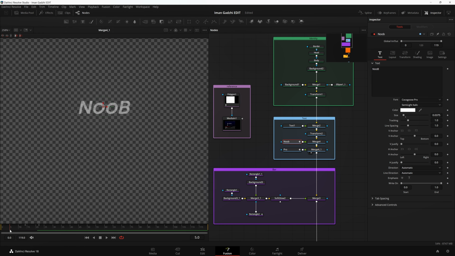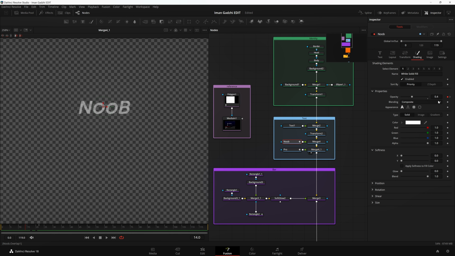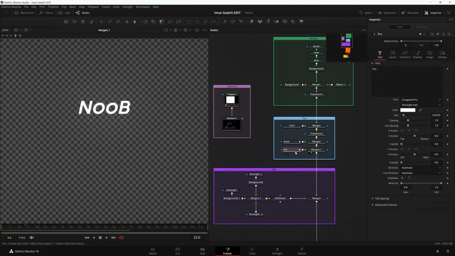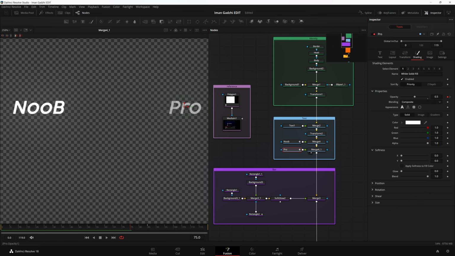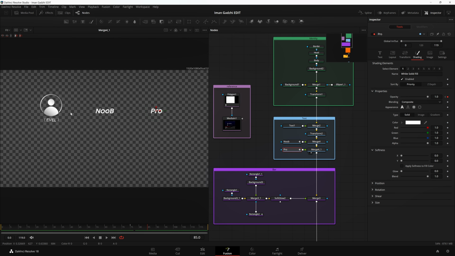So in here, when the bar basically fills up, on frame number 14 its opacity is 0.4, as you can see here in the shading panel, and after a few frames it becomes fully opaque. The same is done with this pro text written over here. You can see on the 75th frame it's really low, something like 0.5, and on the 85th frame it's totally 1. Well, that's great, but where is our bar,